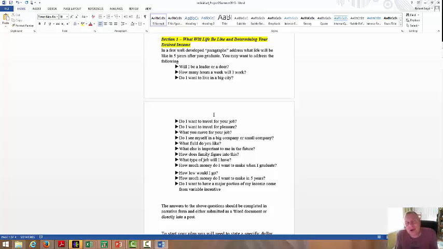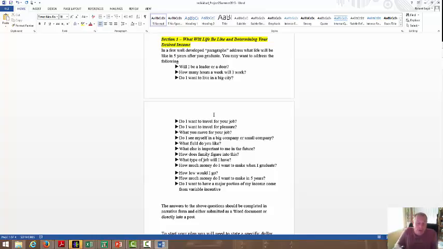What is life going to be like for you 5 years after graduation? Put your imagination, your thinking cap on. You have an idea where you want to go from a career perspective, but address the following. Will you be a leader, doer? How many hours a week will I work? And you can read the rest. But this will give you a picture of what your life will be like.